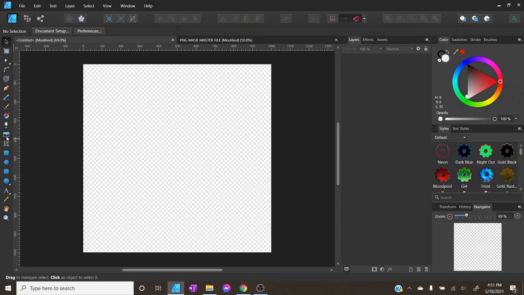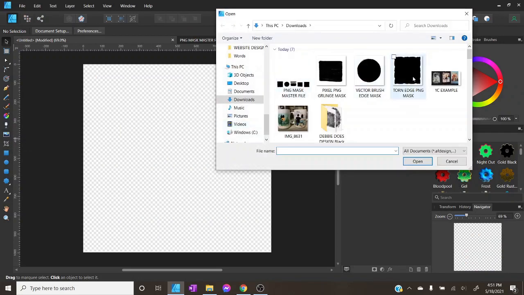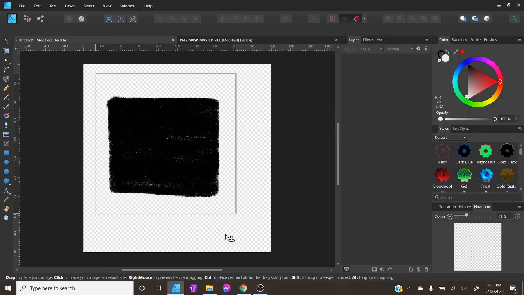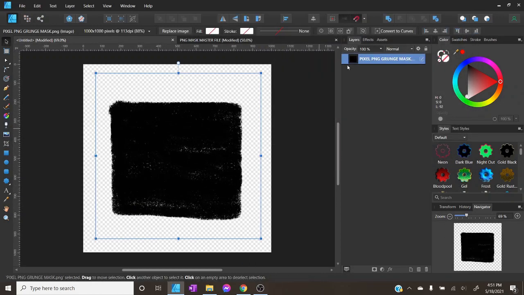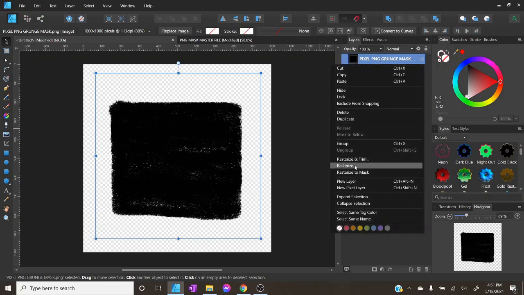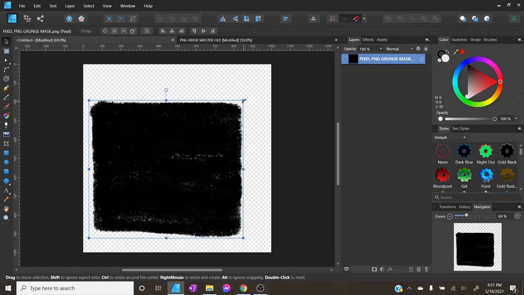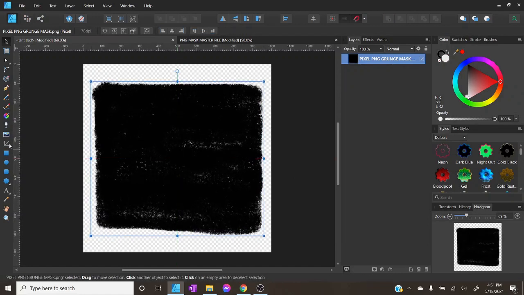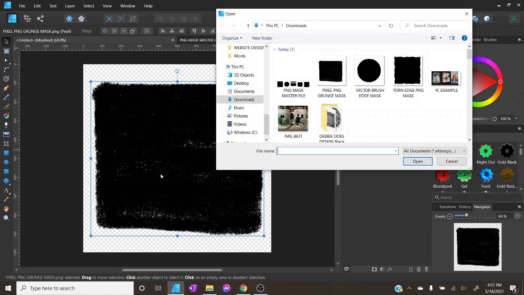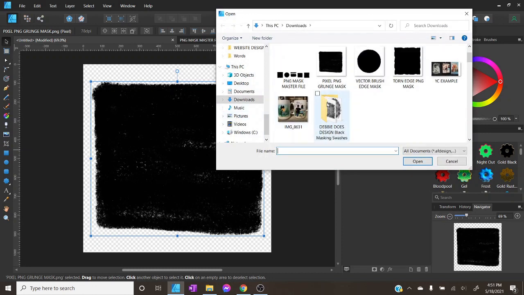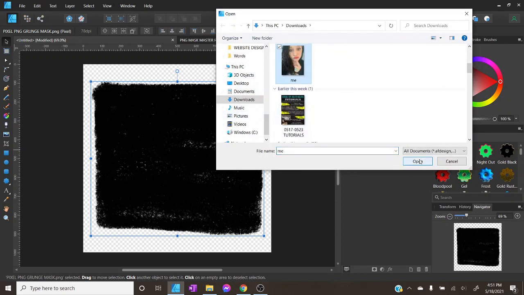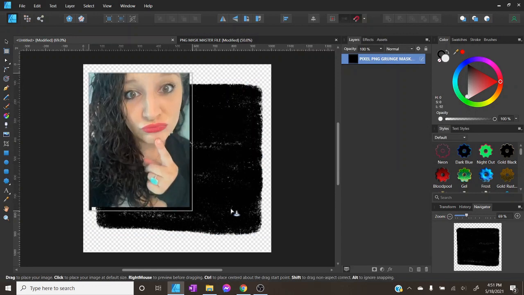I'm going to hit my place image tool. I'm going to select one of the ones that we made. This grunge one sounds like a good idea. Okay. So once again, the first thing you want to do is right click and rasterize that PNG. And now you see it took away that dead space also. Then you're going to click on that place image tool or go to file and then place, select your picture, hit open,